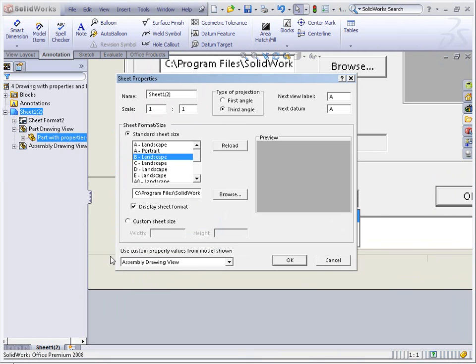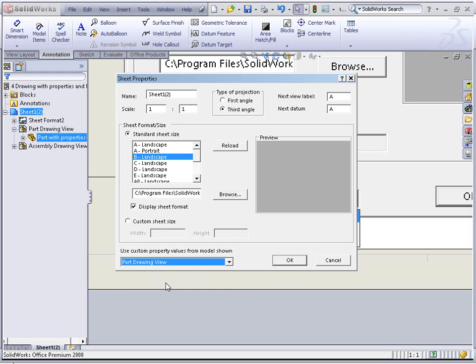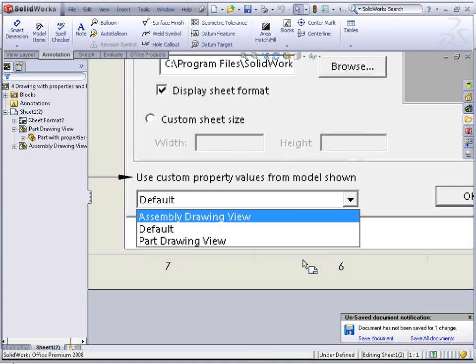And inside of here on the bottom, use custom properties from the model shown in. Currently I'm using the assembly drawing view. I name these drawing views so that it would be easy to explain. Here I can see part drawing view, and there's my assembly drawing view. If I said part drawing view instead, I'm actually changing the focus of the entire drawing. So when I hit OK,